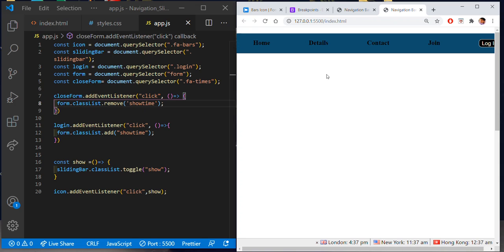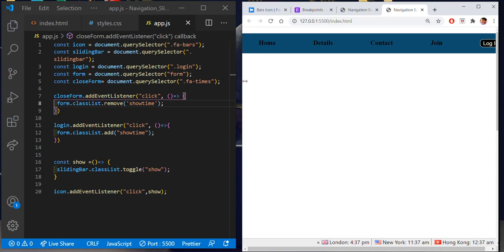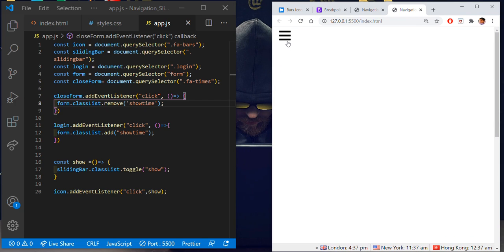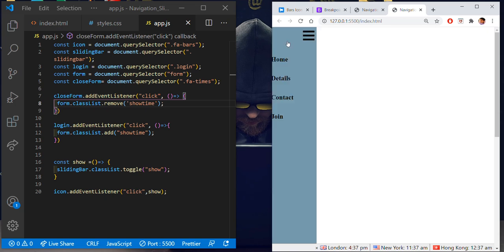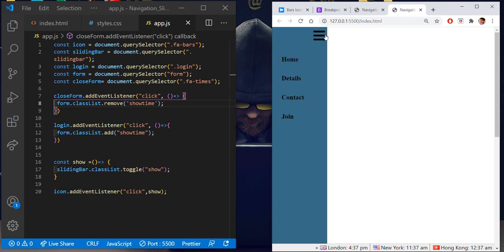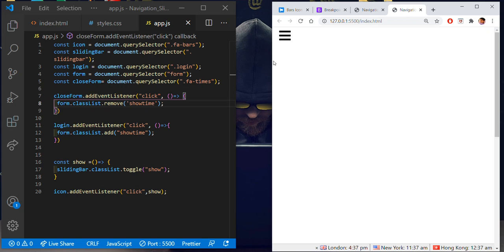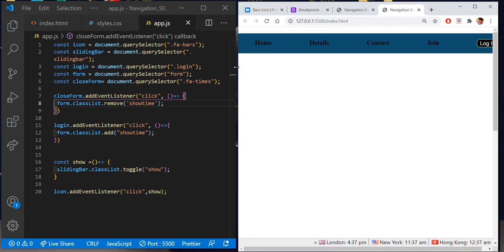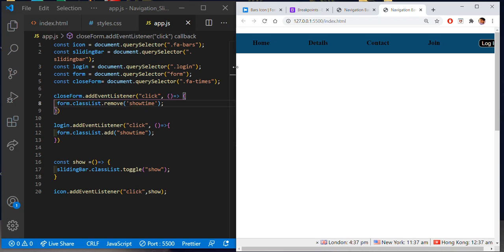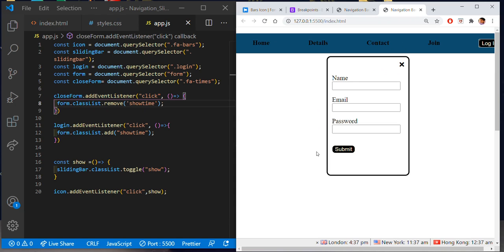So I think we are done with everything in our project now. Let's check if we are done. As we are decreasing the size of our window and when we press this, we're able to have this and it's going very smoothly because of our transition property. And when the window crosses its particular width, we are having this and the navigation bar. And whenever I'm pressing my login button, we are having the form, which is able to take this particular space over here, and when I'm closing,